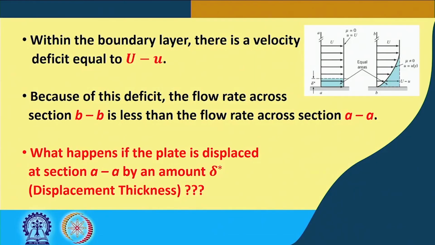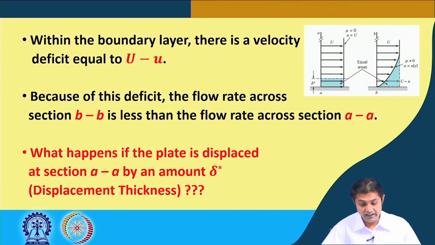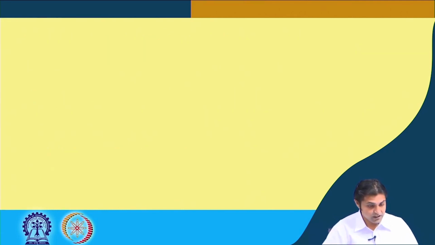Welcome back to the second lecture of this module, boundary layer analysis. Last class we finished the lecture by asking what happens if the plate is displaced at a section A by an amount delta dash. So, we displace this plate to here, for example. To answer that,